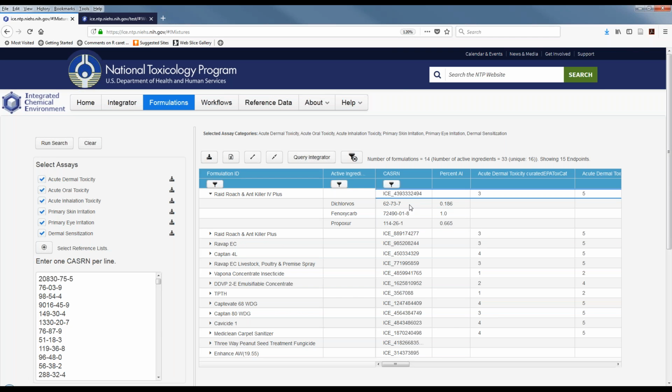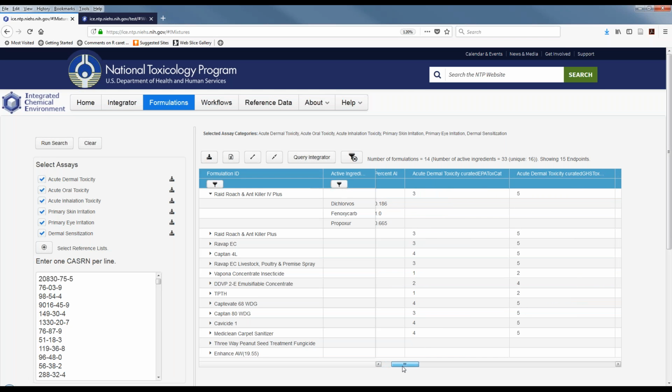As we go along to the sides, for the formulation, you'll be able to see what the score is, and so the different EPA and GHS categories, along with any value if those are present, so greater than 2,000 or within a range.